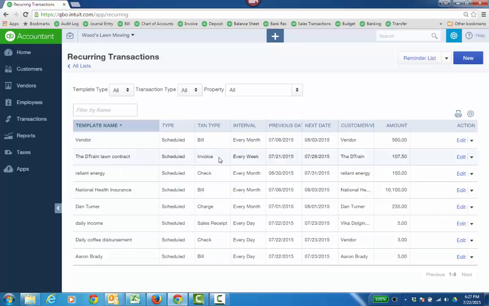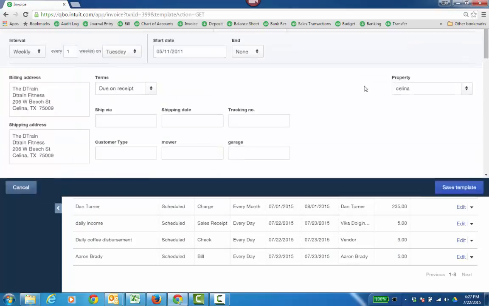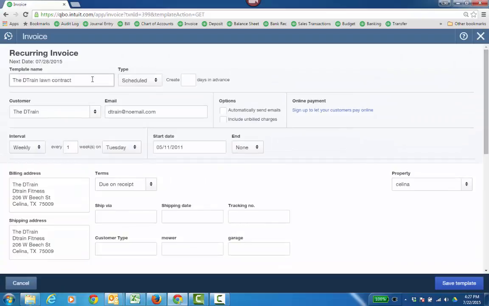Let's click into this invoice, for example. We'll edit it right now, just so you can see what the template looks like. You just name the template, you schedule it, or you could set up a reminder. So when you log in on the home page, you'll see you have some reminders. The customer, their email, and what's different, what I love about QBO, when the recurring invoice is created by QuickBooks